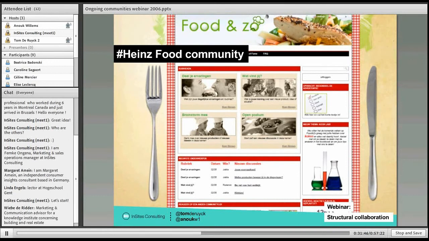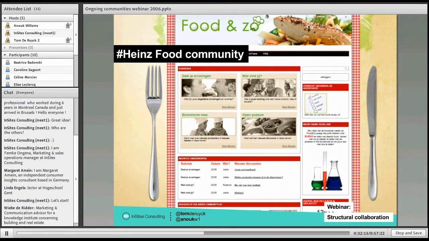And how did Heinz move from a very small start towards structural collaboration? Well, we started 3 years ago with a community that was already always on, but that was used at low frequency and low intensity. And over the course of the last 3 years, every year, Heinz used the community in a more intense way, so more questions were asked in a higher frequency.